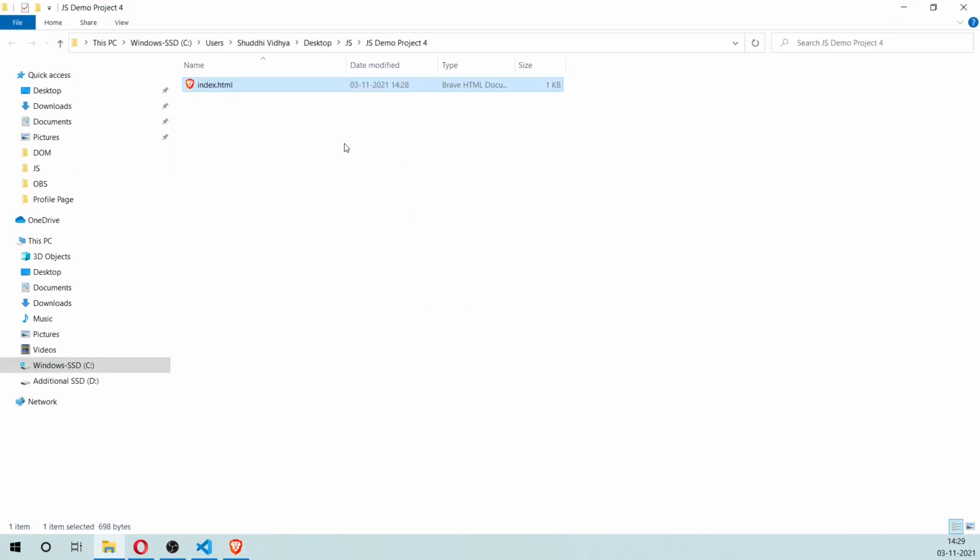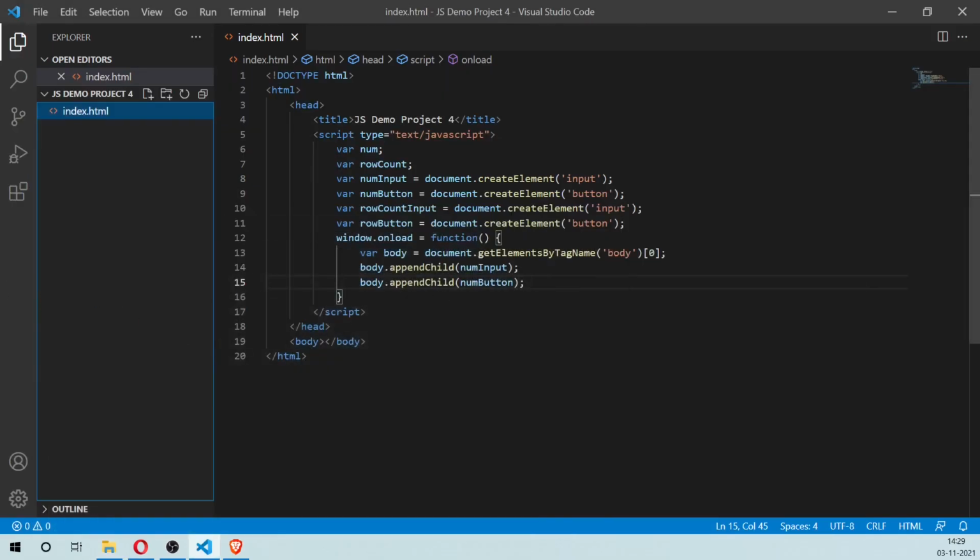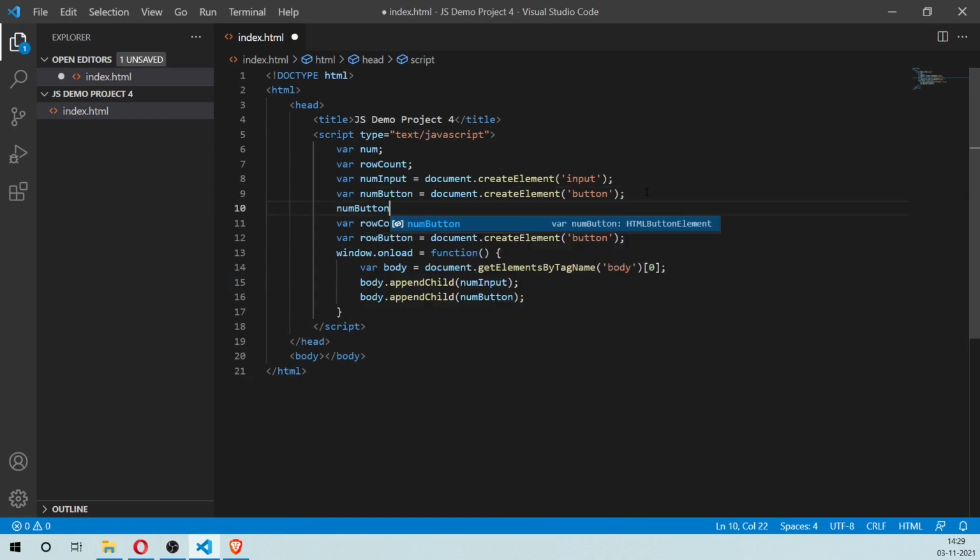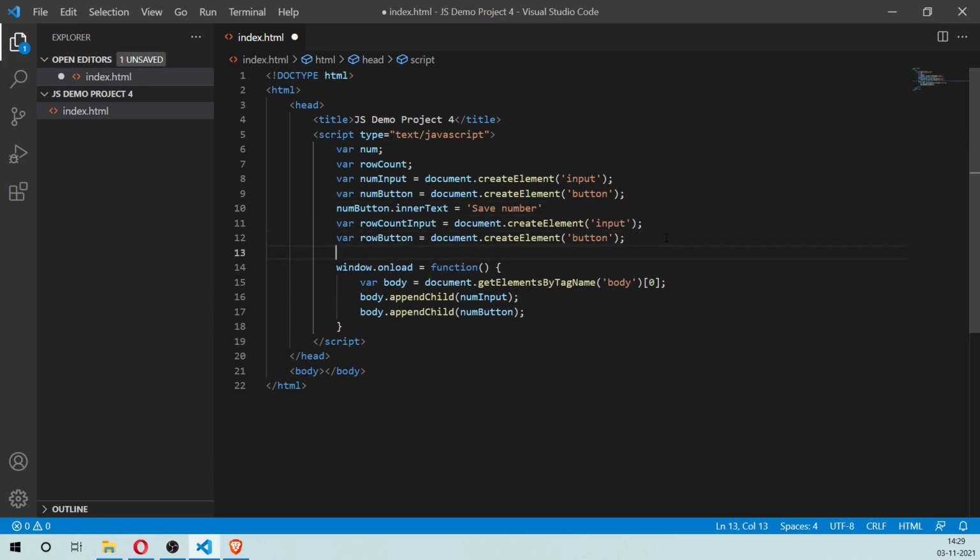Now let's give the button a label. And also the row button a label.